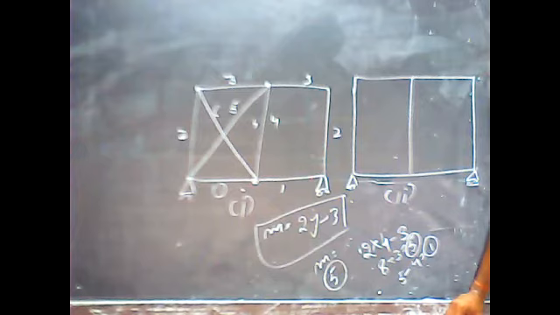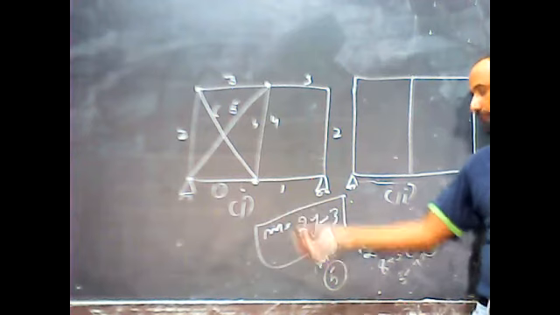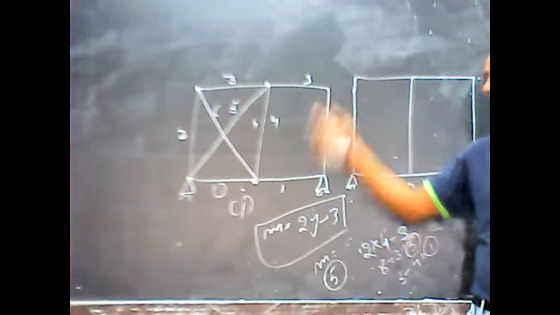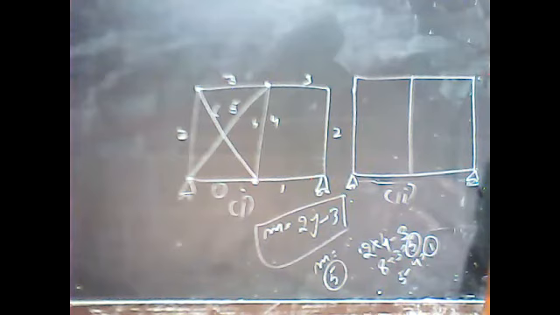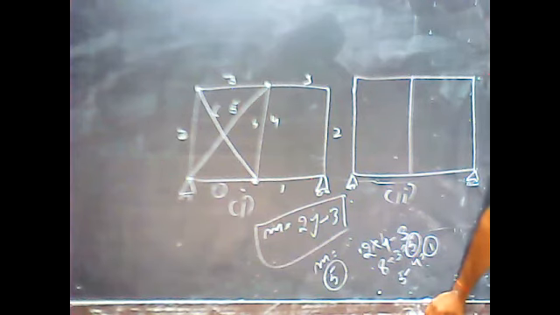Yes, sir. Fine. So a very simple thing that we need to understand is how many members I require. That can be calculated by using the relation we have, M, the required number of members, which is equal to 2j minus 3. Why 2 times the joint? The 2 is for the truss member. On a single joint we always have 2 members to be further joined. That's why we generally consider 2 here. So 2j minus 3. Count the number of joints in a problem, put the value into the relation and you will get the required members.